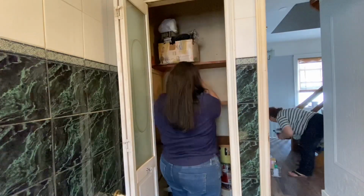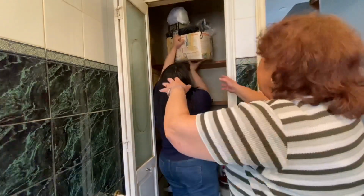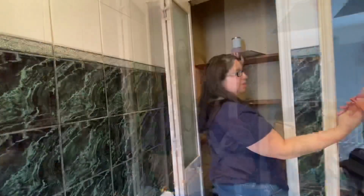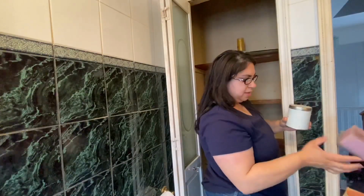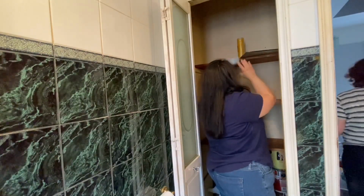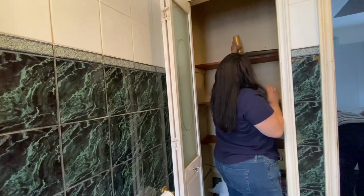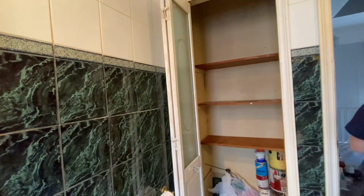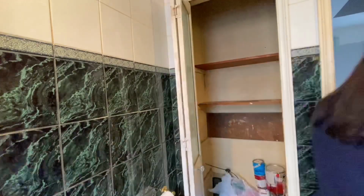And I'm sure that other people can relate to this too, where there's just one closet. It may not be a bathroom closet, maybe your clothes closet or a hallway closet or something where you just store so much stuff. And isn't it surprising how much stuff we can fit into some of these little closets? So if you're looking for some motivation to really get in there and clean your closet, if we can do this, you can do this. And just one step at a time, take everything out and one by one sort through all your